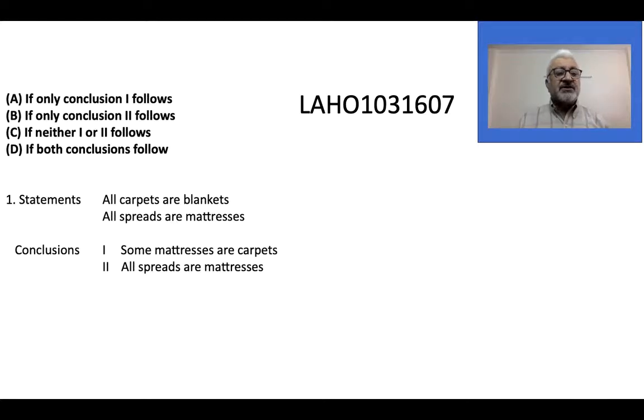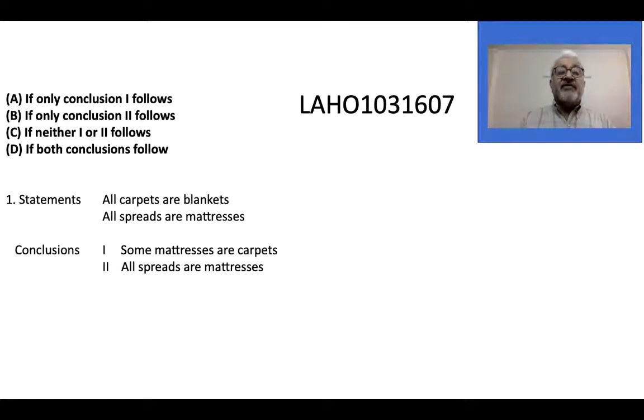The handout number is LAHO 1031607. So quickly take out your pens and registers and also the handout so that we can begin with the first question itself. The first question reads like this. Now look at the options given to you, because these options are going to be there for all the first 10 questions. So understand the options very carefully.